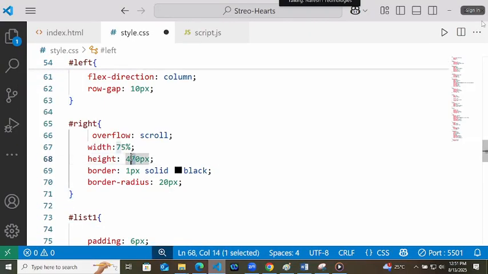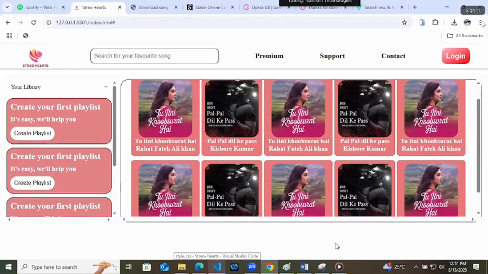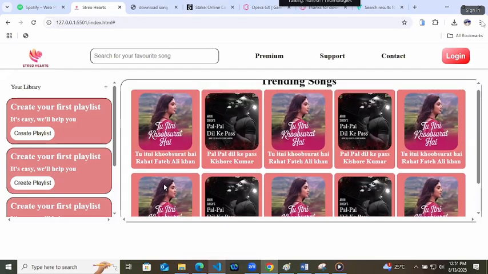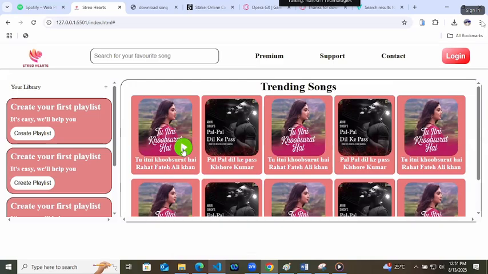Why I am leaving a space is that in the bottom we will show the song play and pause buttons. A song player. Let's say you played this song by clicking here, but you have to stop it, right? So that I will show in the bottom part. That's why I'm not occupying this space. So let's try to add this song 1.